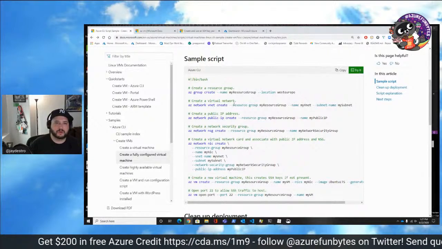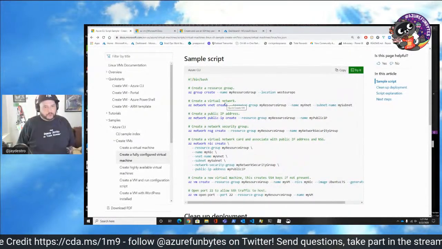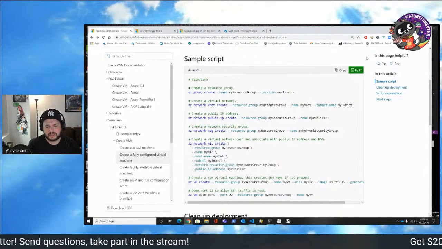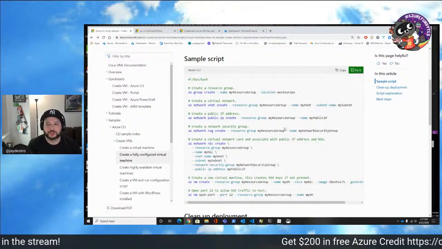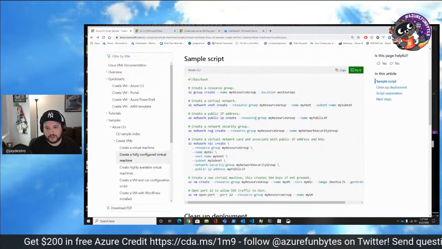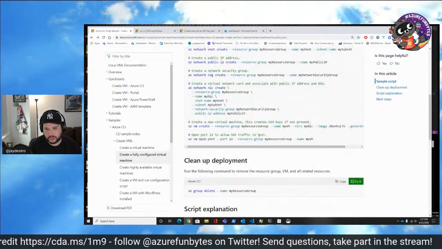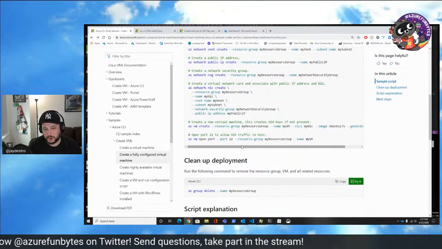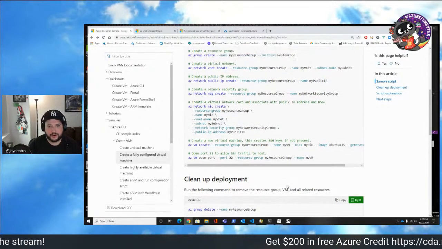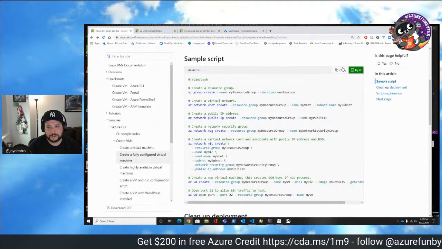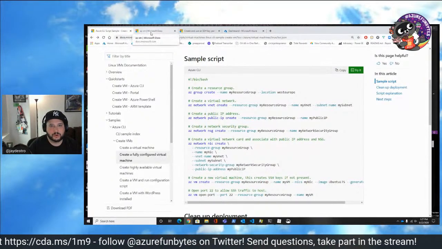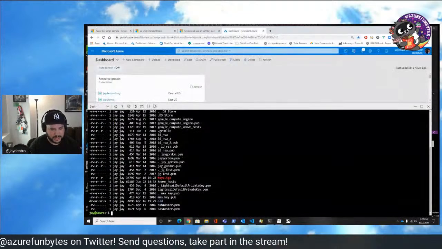It's already there. So now we're going to go through the process of looking through this sample script. What this sample script is going to do is give me an end-to-end VM, a virtual machine that's got a secured network security group allowing me to only access via port 22 from the world. We're actually going to tighten that up a little bit. So let's launch it the way you would launch it from the Azure documentation. We'll just copy this, and now we can go into our dashboard, where we've got our Cloud Shell.